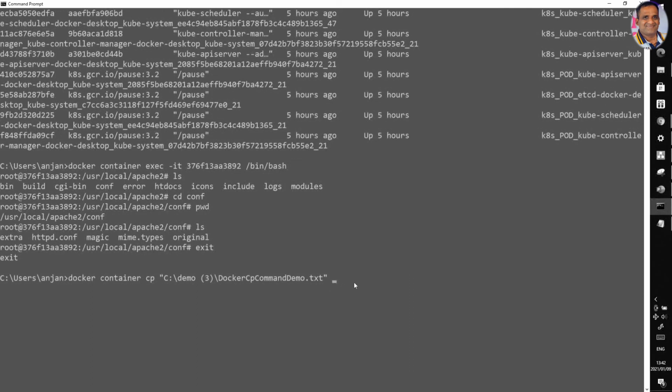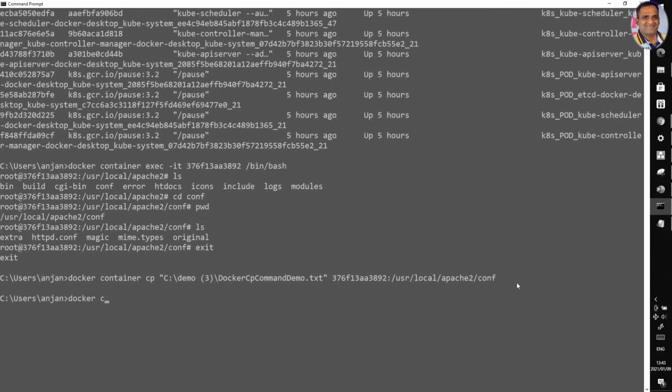So now we're going to the docker container. Whenever you want to copy, we need to type the container ID followed by the path. We want to copy into this location, usr local apache2 conf. So if you want to copy from the local system, this is the source followed by container ID colon /usr/local/apache2/conf. Now if we enter, we go to that container to check whether it is copied or not.